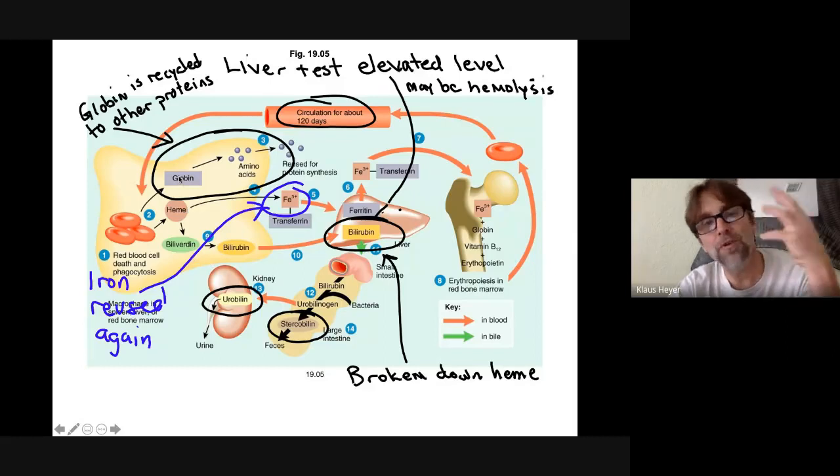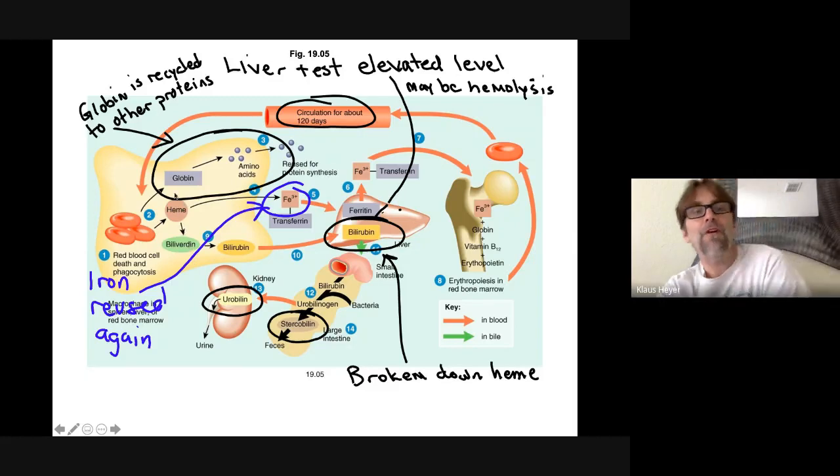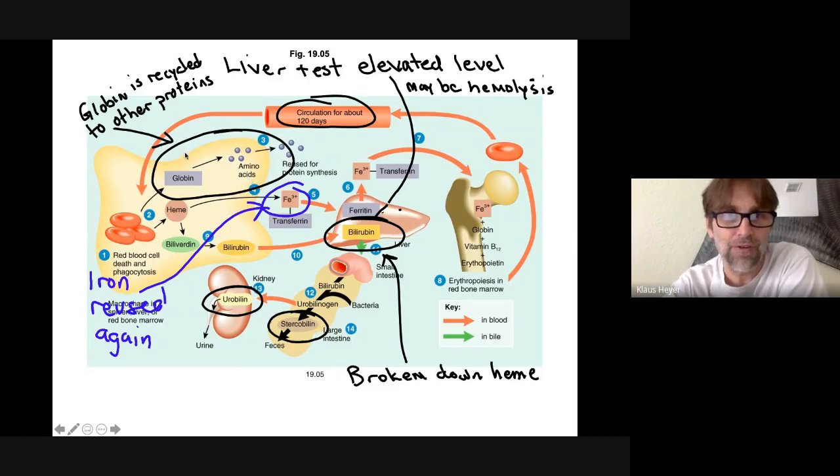There's the globin, which is a protein. Then there's heme, which is iron. Well, actually, heme is, there's an iron portion and there's a pigment portion. So they've kind of split it up into protein, iron, pigment. If we follow the protein, it just gets recycled. I've circled it right here. Right, globin gets broken down into amino acids, and then you just reuse it to make other